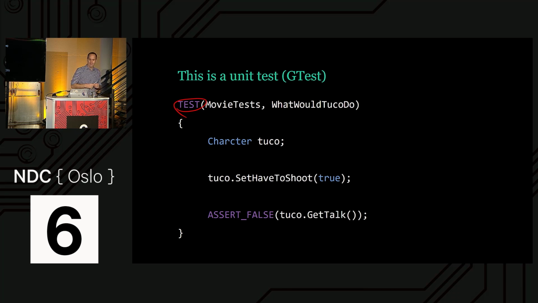First of all, it defines that I am going to write a method. The method name in Google Test is actually this. The name of the test is the method's name. It will create a method in the background. It will also create a class if it needs to, and the name of the class is this, MovieTest. So in the background, what we essentially have here is a class with the method inside. And the interesting part is over here.